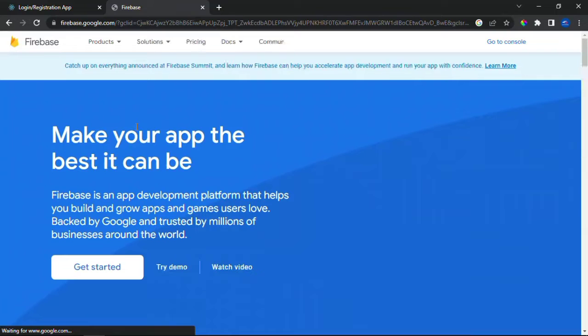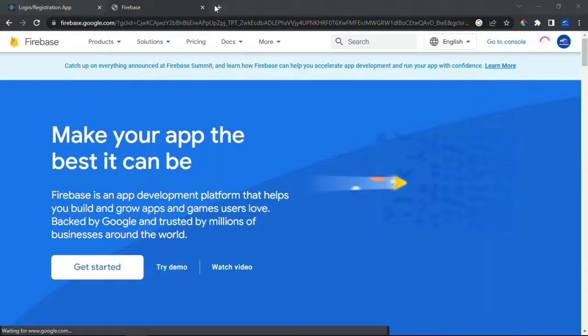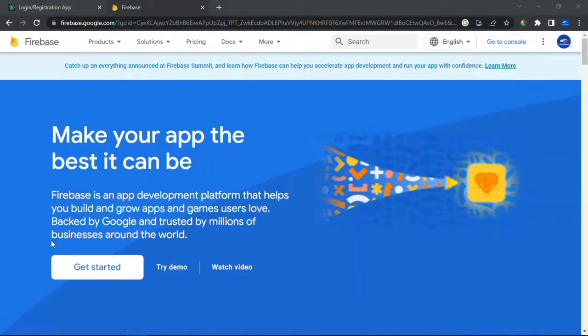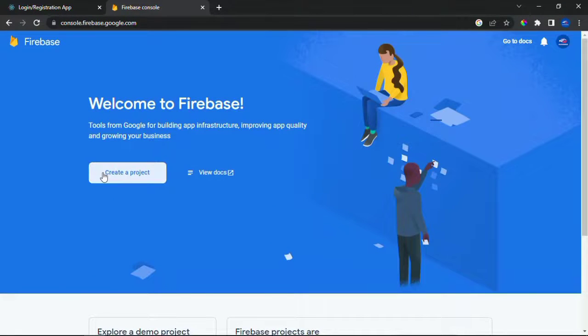End. So here I'm going to have the ability to register a new user using password provider, as well as using the